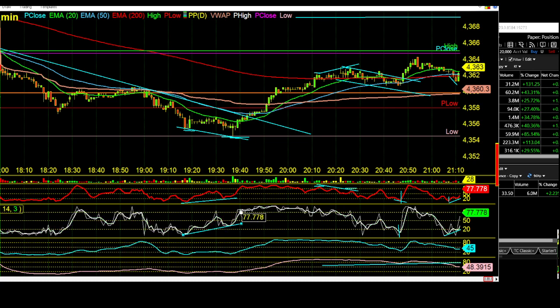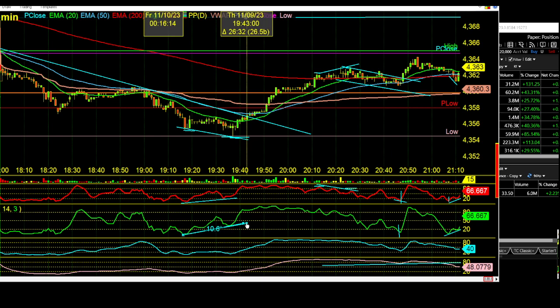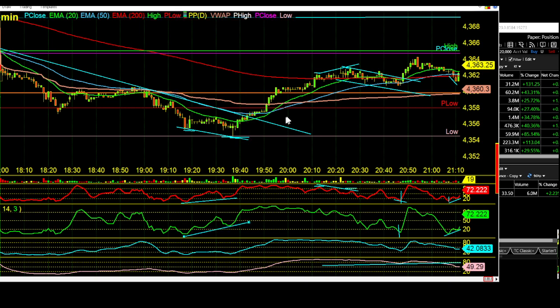But even on the 14.3 and the 4.3, if that's a steep divergence, and when I talk about the angle, we take the low of the first low, and we bring that trend line underneath the low of the second low, the higher low. And if that's above 10, the angle goes in degrees. So if that's above 10 degrees, that's typically a very steep angle. Typically, we could see divergences happen around 6 degrees. Once they get steep like this, they become very, very strong. So the steeper the angle, the more you want to hold on to it, the better the setup.